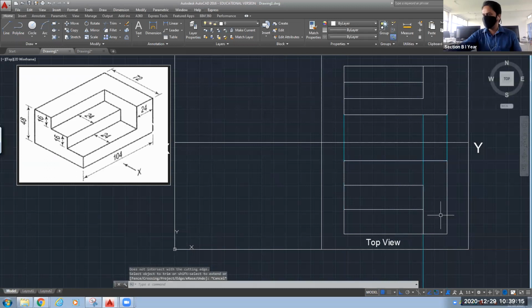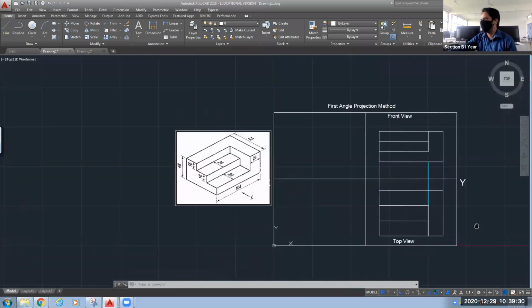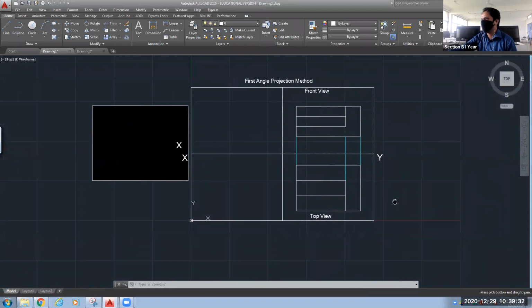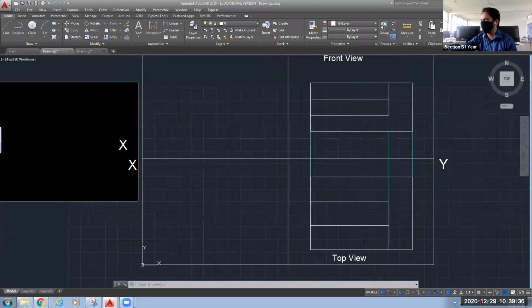So what I will do, I will select the base object as different, trim, select this as the base object, press enter and select this line. Okay. So now our top view and front view is drawn. You can see on your screen. Now how to draw the side view? We will see that.